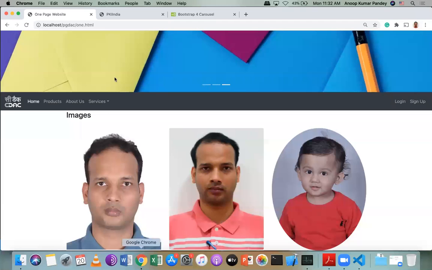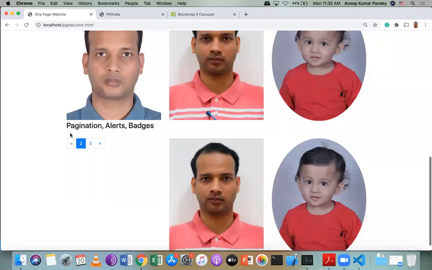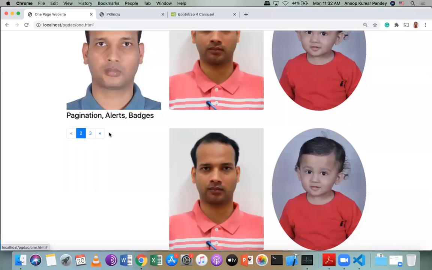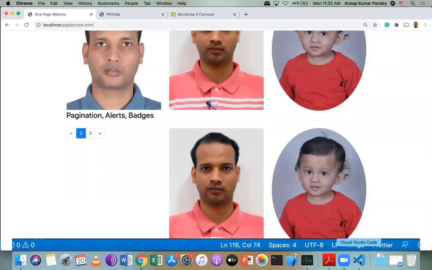Because by default, I will be on page number 1. So can you see this page number 2 and 3, and this is next, this is previous, and these are the in between page number 2 and 3. I can add more pages